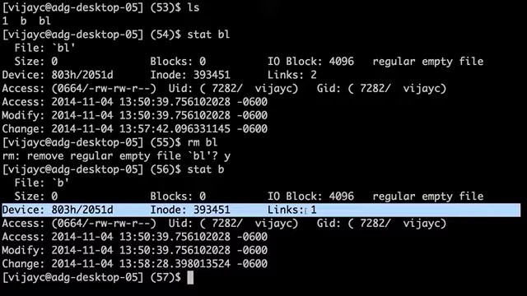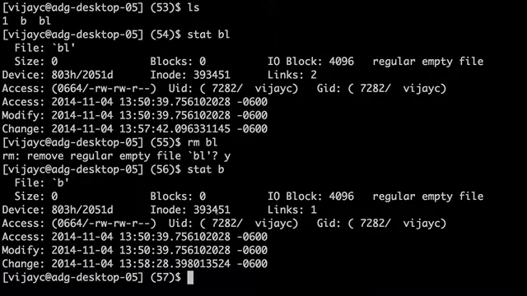But if it's the last link to this, then you're actually deleting the inode itself. Okay? Yes. So everything that's in stat here is all for the inode. The inode is a regular file. There are different names for those things, but the inode itself is just a regular file.